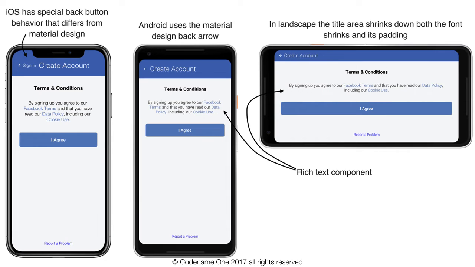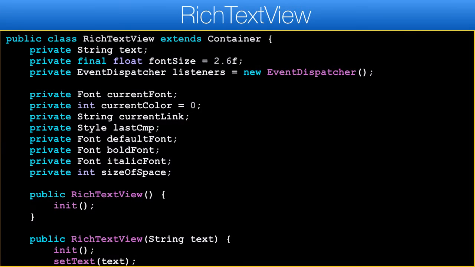To facilitate that, I decided to create a generic form that will handle all the stages of the sign-up form. I'll discuss that shortly. But first, let's discuss the rich text support. A very common request is support for rich text in Codename One. This is hard to do in a generic, performant, cross-platform way, but can be done easily for simple tasks like